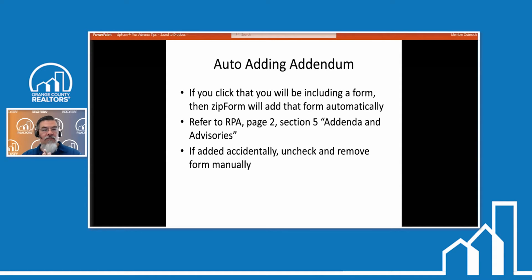Auto adding addendum. A lot of A's, like AAA. If you click that, you will be including a form. Then zipForms will automatically add that form. And I'll show you how to do that. We're going to look at the residential purchase agreement, page 2, section 5, addenda and advisory. So as we open that up,